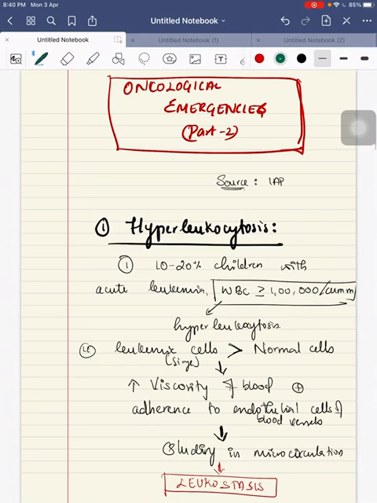Okay, thank you. We have talked about hyperleukocytosis and superior mediastinal syndrome. We will discuss febrile neutropenia as a